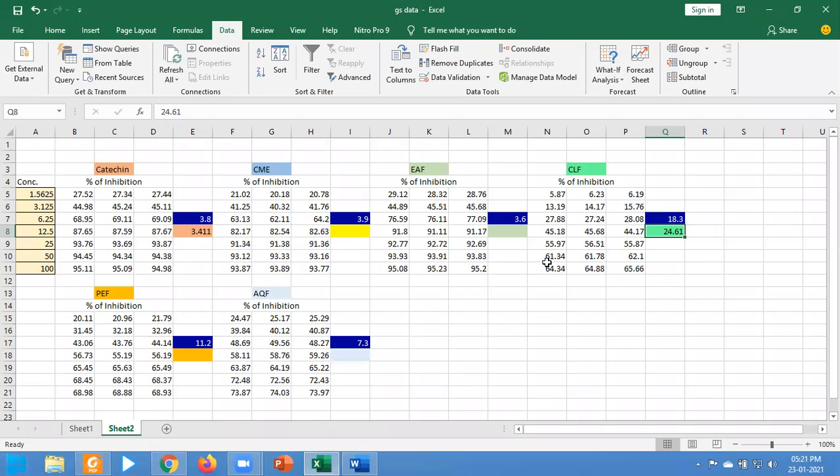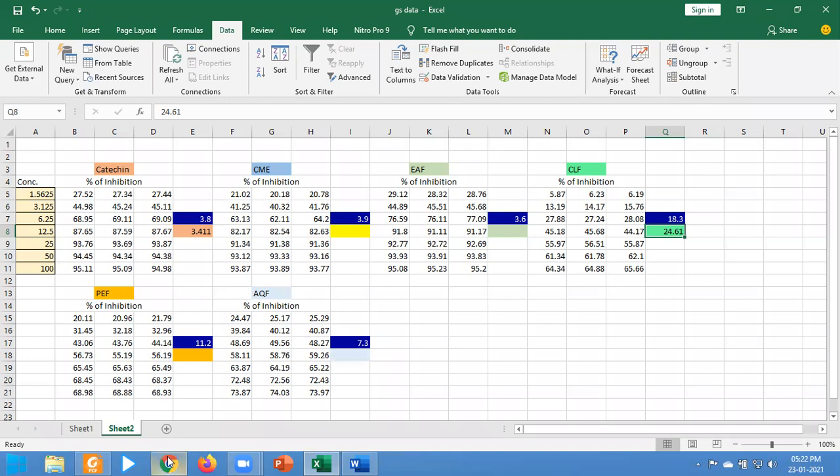In today's tutorial, I am going to demonstrate a correlation between the inhibitory concentration 50 value obtained in the graphical method by Microsoft Excel spreadsheet and the values obtained from the GraphPad Prism version 9 software. First, I am going to demonstrate the way by which other software calculates the inhibitory concentration 50 values.